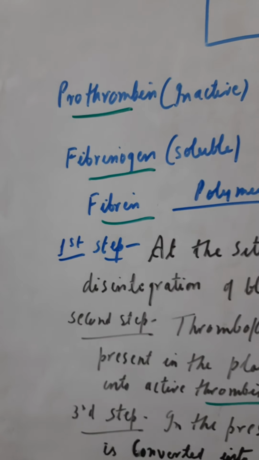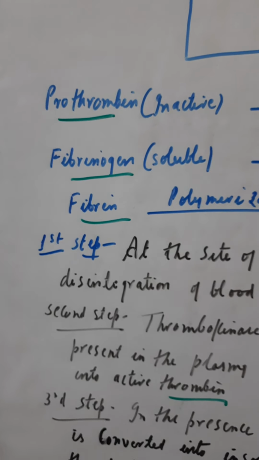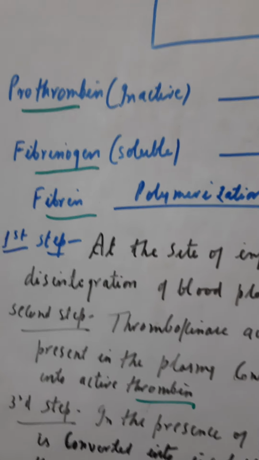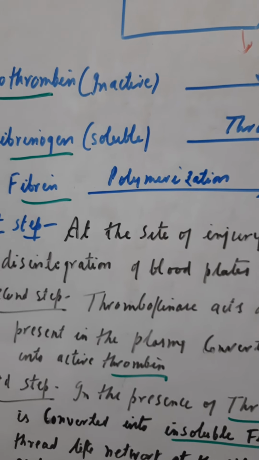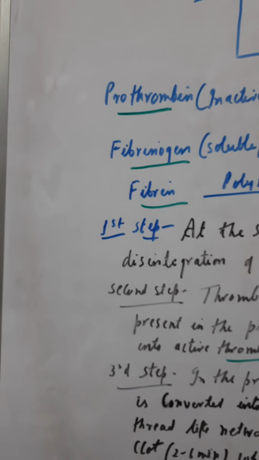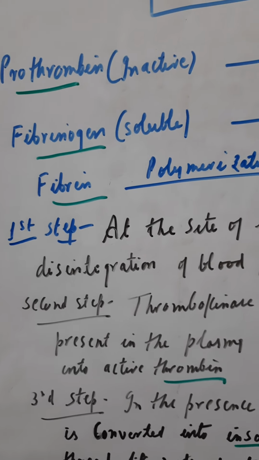So children, after that there is the structure of the heart. I will take the concept of the structure of the heart in the next period. So far, just go through this and understand the mechanism of blood clotting and who are the universal recipient and who are the universal donor.